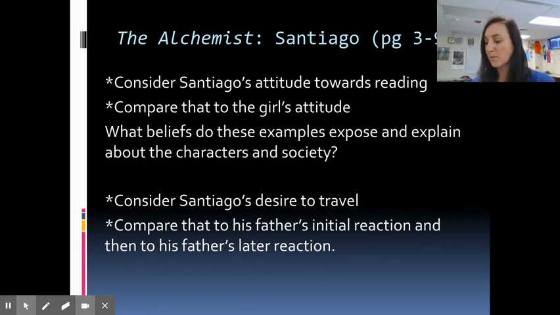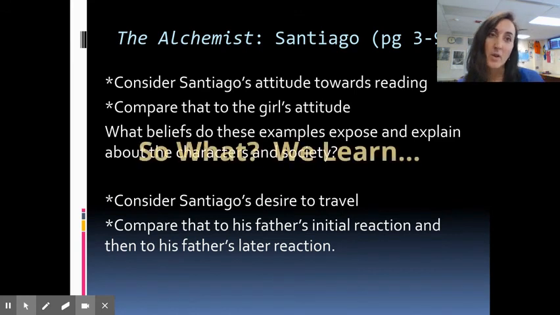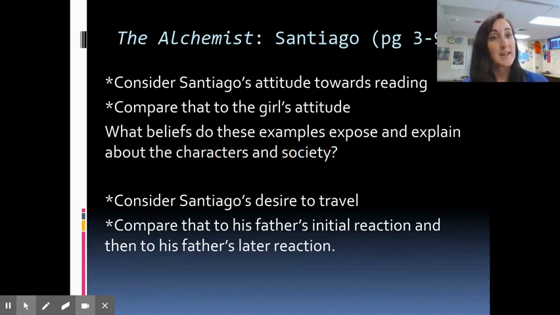And he gave the boy his blessing. We learn a lot about Santiago's background, the relationship he has with his father, the relationship he has with the world, all through their beliefs and how they go back and forth. And then that will play into the entire rest of the novel and set some seeds for the future theme.